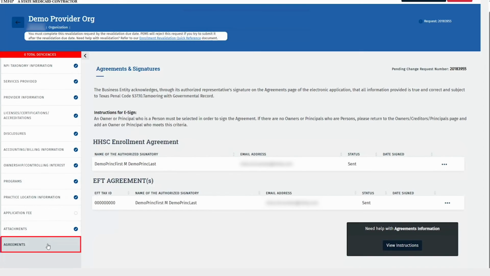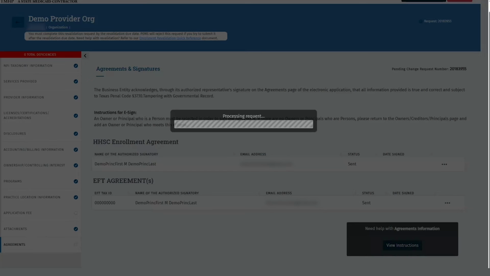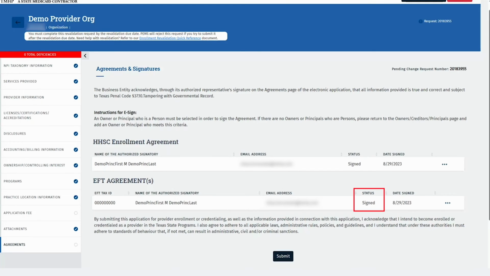Back on the Agreements page, we are looking for the status to update from sent to signed. Once this status is updated, a Submit button will populate at the bottom of the agreement. It may take some time for the agreement to populate as being signed. If it is taking a while for the agreement to reflect as signed, leave the request, and then come back later. Here we see the status is updated from sent to signed, and that we have our Submit button reflected